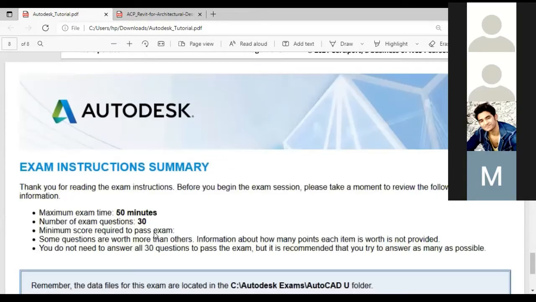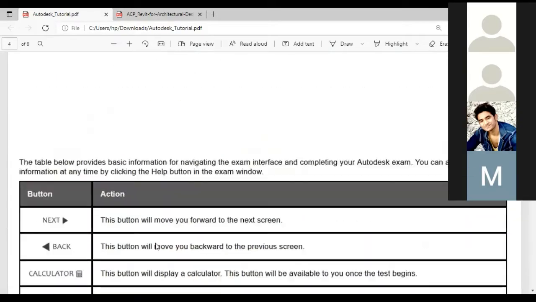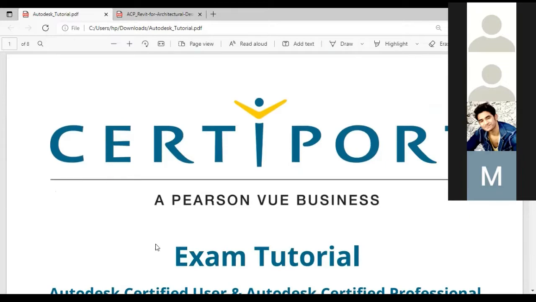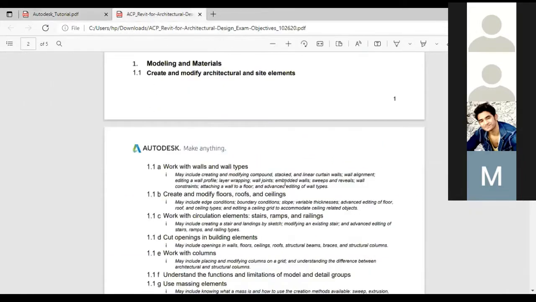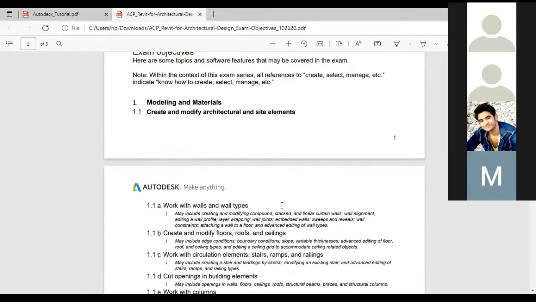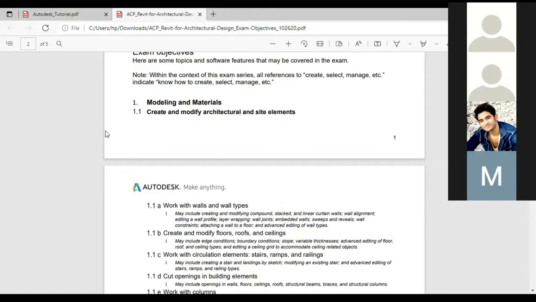It's an added advantage. Okay, so this is about the common things that you need to keep in mind before starting an Autodesk or SAP user or professional exam. And here you can see the modules or the syllabus where you need to focus before writing an exam. Here you can see, first of all, modeling and materials. Okay, I'm just showing this syllabus, and after that we can move on to the software part, and I will just explain some things related to the exam.